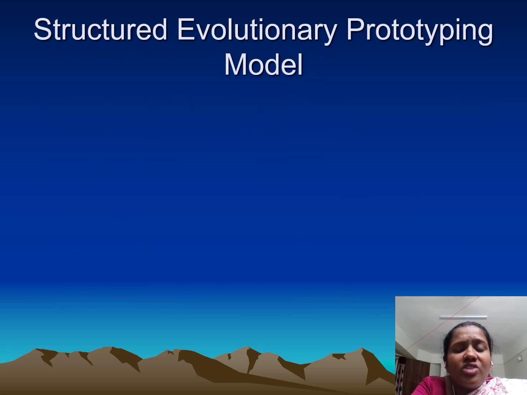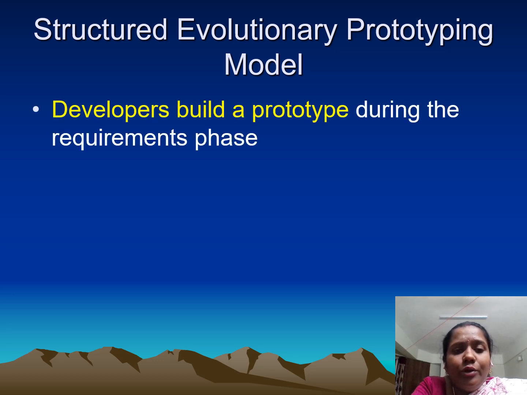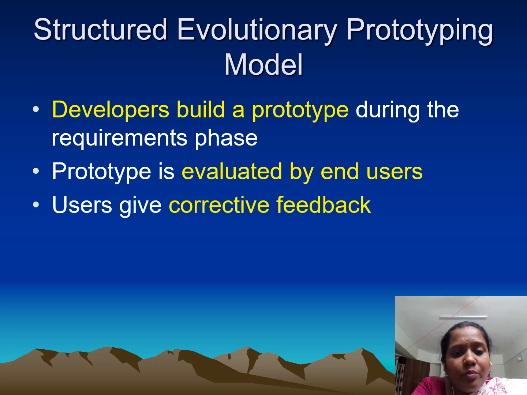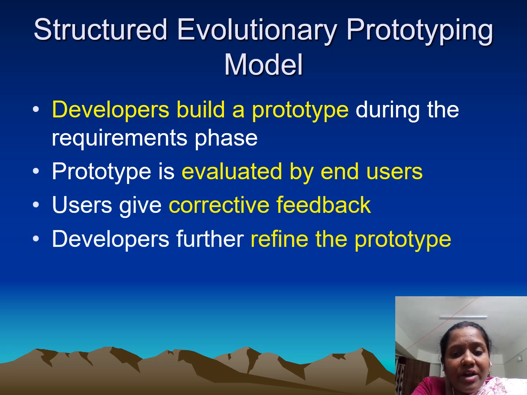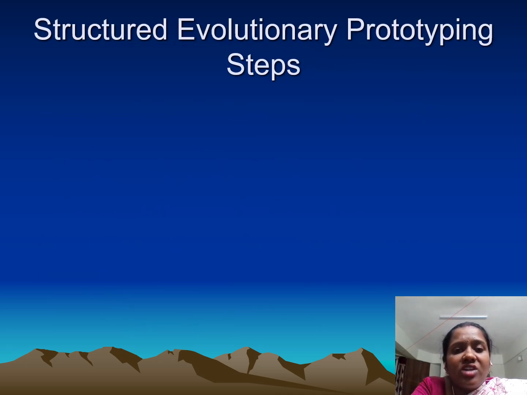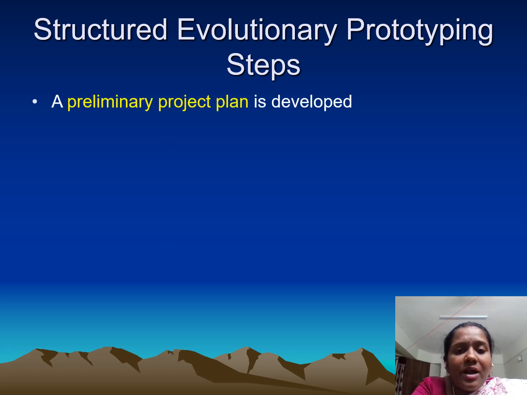The last one is the structured evolutionary prototyping model, where developers build a prototype during the requirements phase, and that prototype is evaluated by the end users. Users give corrective feedback, and developers refine the prototype. When the user is satisfied, the prototype code is brought up to standards. Structured evolutionary prototyping is used in such a way that a preliminary project plan is developed